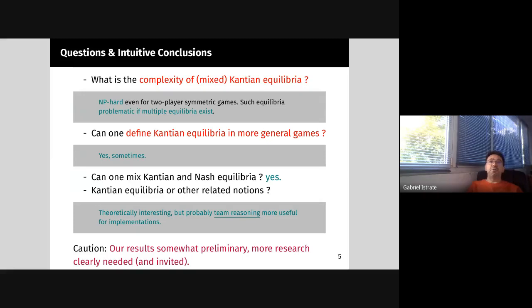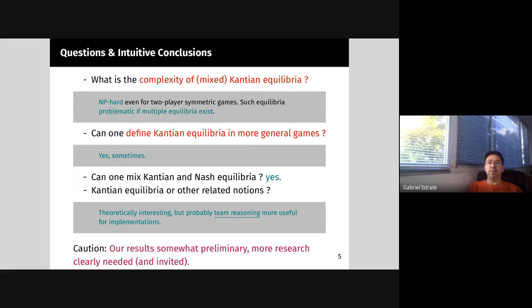The second question is the following. Can one define Kantian equilibria in more general games? Here the answer is yes, but not for general normal form games, but for a class of games, and I'm going to discuss this. The third question is, can one devise a notion that mixes Kantian and Nash equilibrium and interpolates between them? Here I have only the most limited of results, but the answer is yes, and I hope they're interesting enough